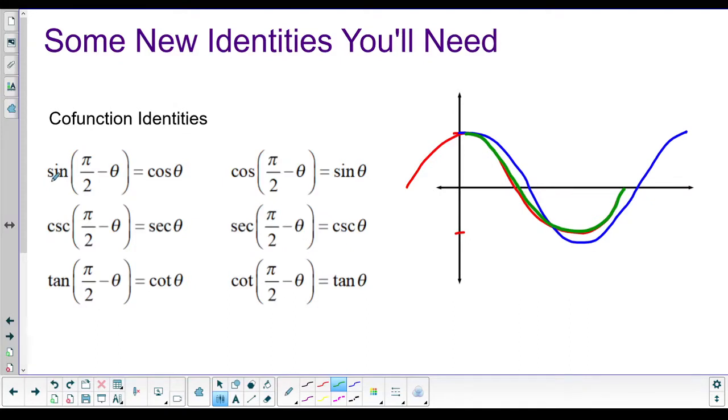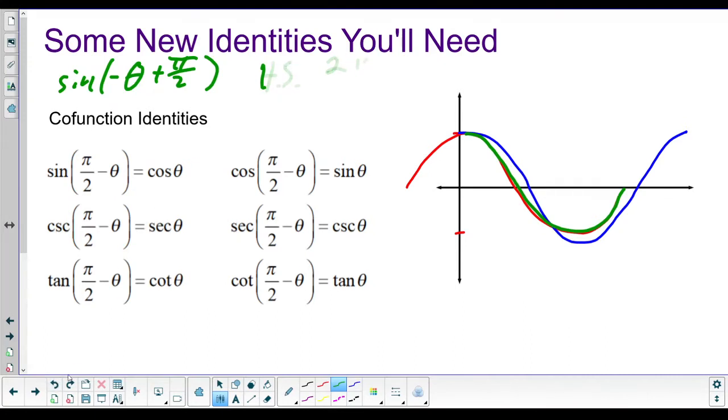We've got sine of pi over 2 minus theta equals cosine of theta. This might look a little backwards. Let me rewrite this: sine of negative theta plus pi over 2. This negative here does some stuff. If you have a negative b value, it does some weird things to your graph. It actually flips it horizontally. But don't trip too much about that. Just recognize our horizontal shift is